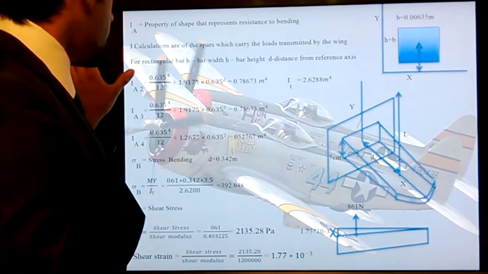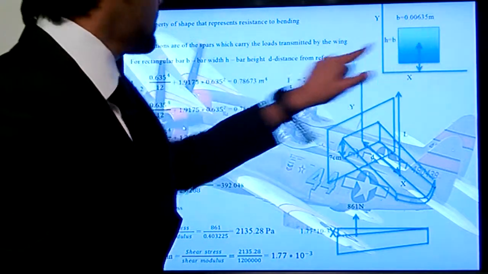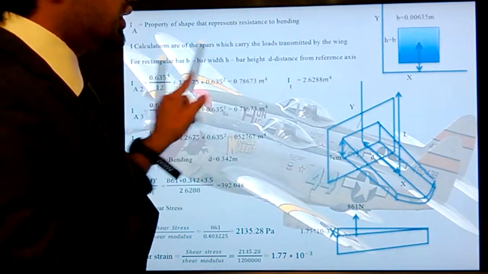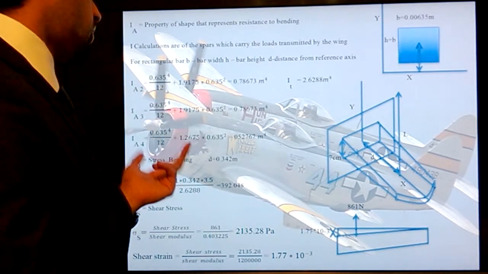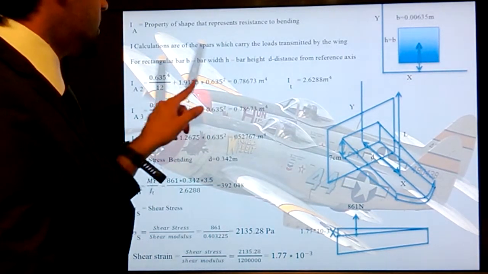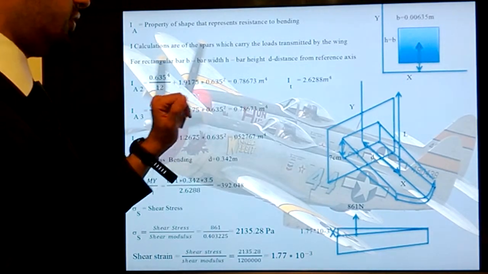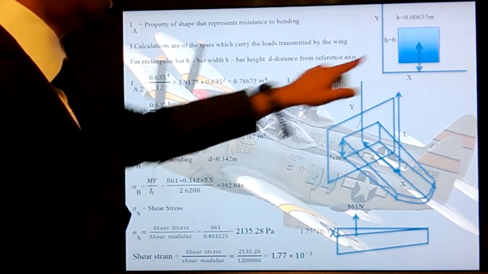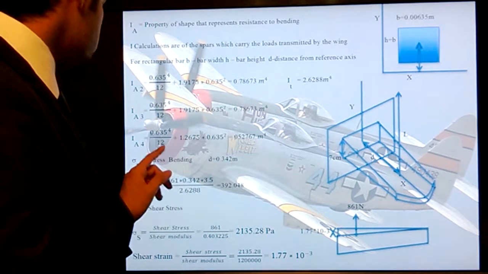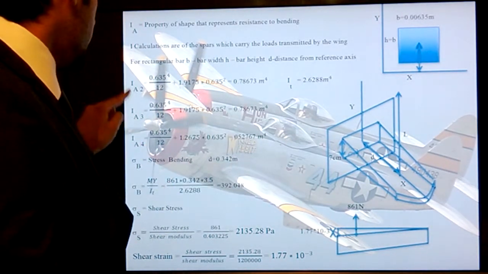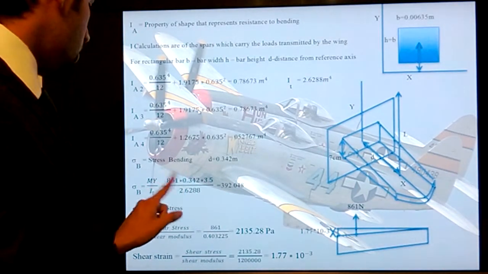For a square bar, it is the dimension, which is this breadth to the power 4, divided by 12, which is the formula. And the parallel axis theorem is used here. So this is the distance from the reference axis, and again the breadth squared, and we obtain these 4 values for I1, I2, I3, I4, and then the 4 values are added and substituted in this formula,